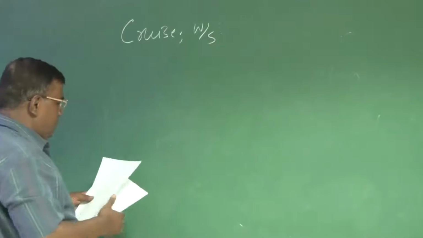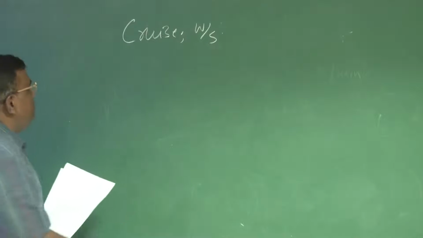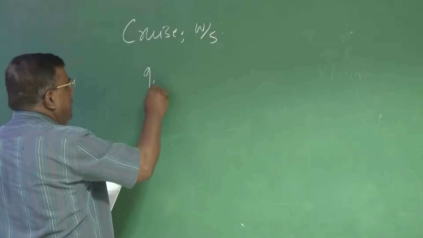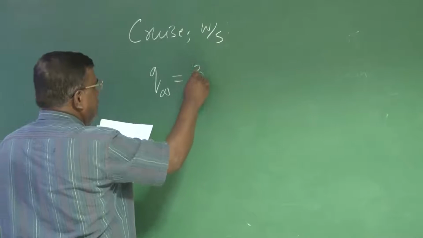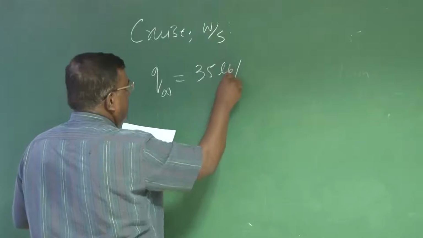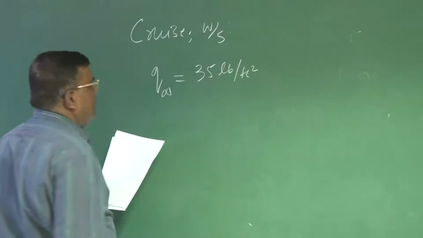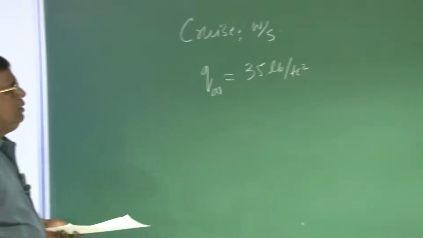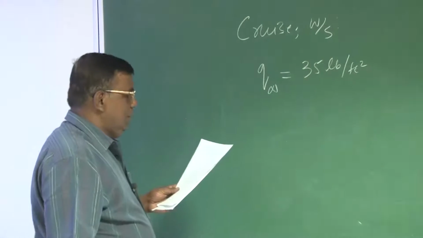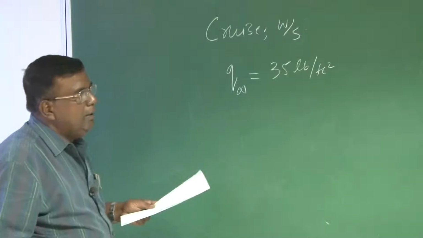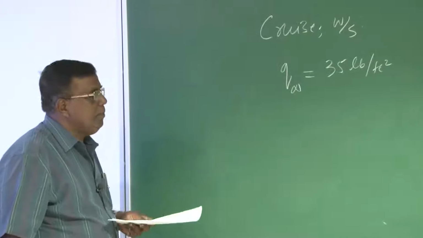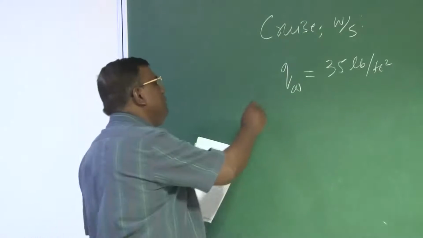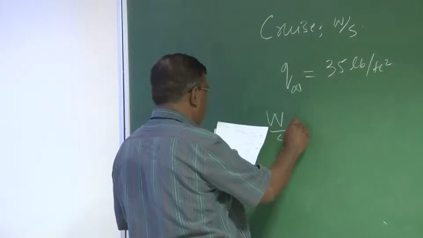How did you calculate cruise W by S? We assumed the dynamic pressure as 35 pound per feet square, right? It amounts to some altitude, which you can find out because you have an idea about what speed I am going to fly. But if you see, when I calculated W by S for cruise, what I have done,